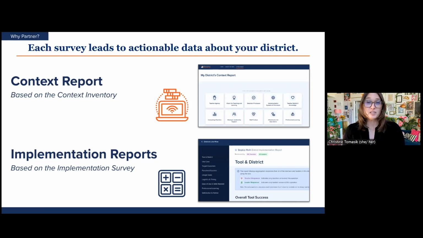As soon as educators complete surveys, the platform automatically aggregates and displays those reports. No waiting on researchers to access the evidence. All of the data are anonymous and confidential. No names of educators or any district names are ever associated with the data. And we do not collect any student data.